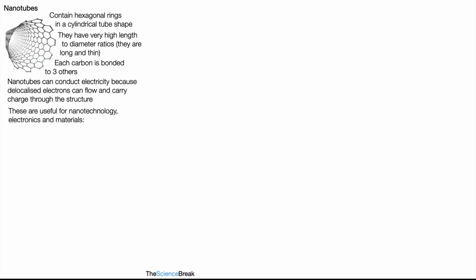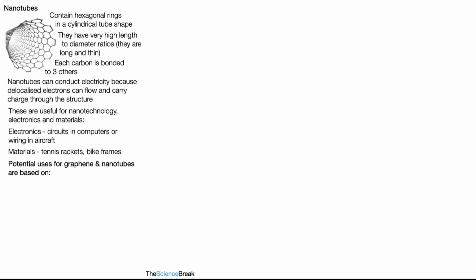Nanotubes and the fullerenes are useful for nanotechnology, electronics and materials. By electronics we mean circuits in computers or wiring in aircraft. It would make the aircraft much lighter, burning less fuel, therefore contributing less to the greenhouse effect. And for materials we're talking about things like tennis rackets, which become light and strong, and the same for bike